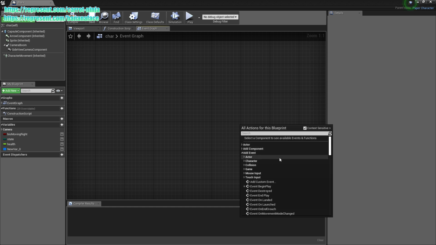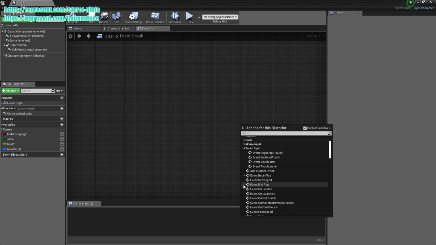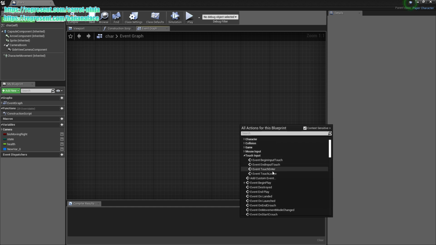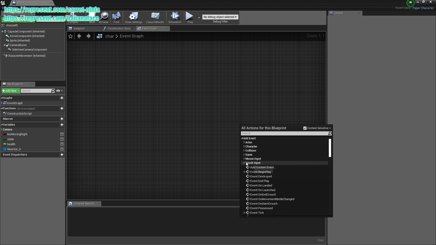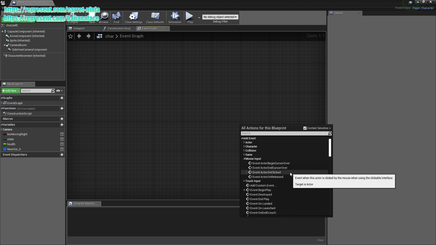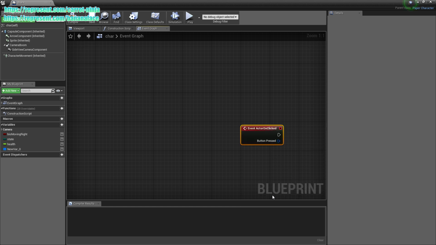Add event. Touch input maybe? No? Mouse input? Game. Why is there no keyboard input? It's kind of weird. We'll go with a mouse input. On clicked. We will, let's see, hold on, no. So on clicked,